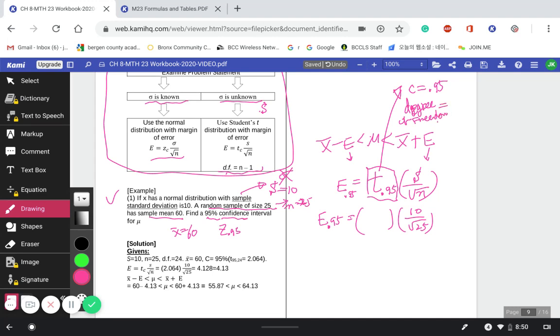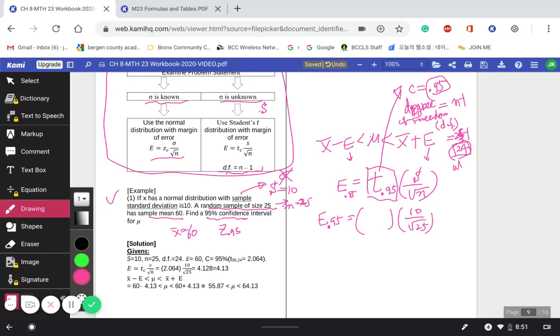So in short, we call DF. DF is always n minus 1. So in this case, n was 25, so 25 minus 1 is 24. Okay. So by using these two values